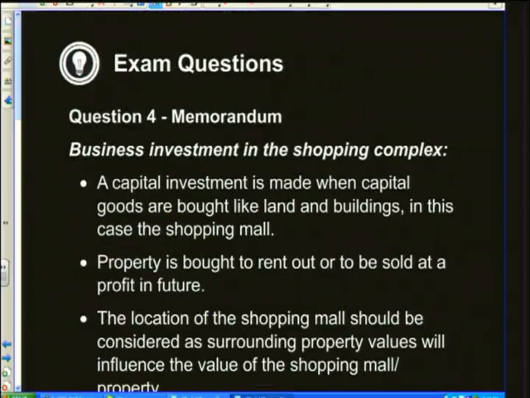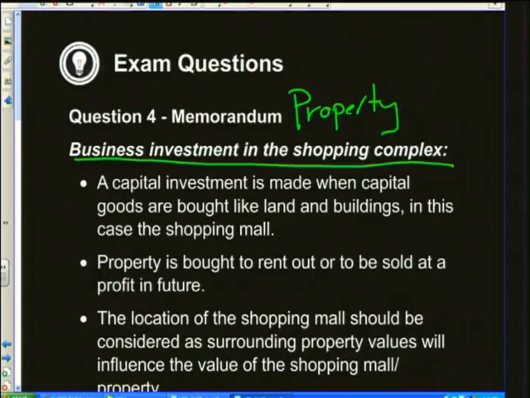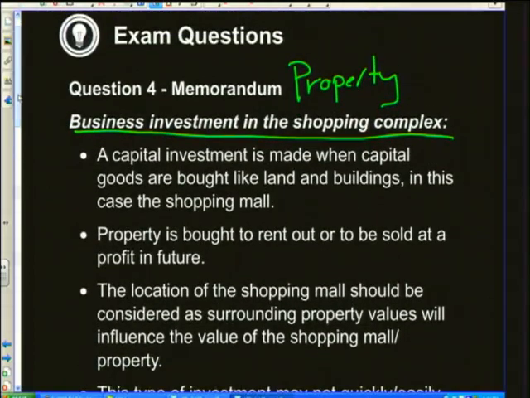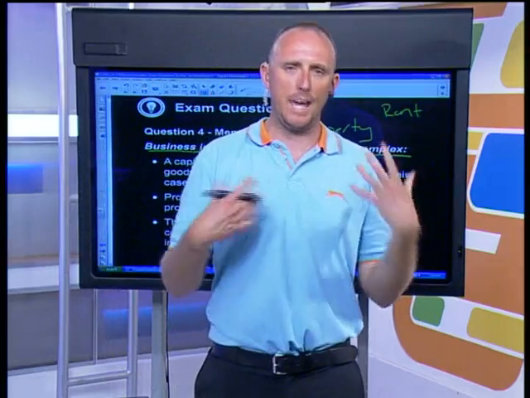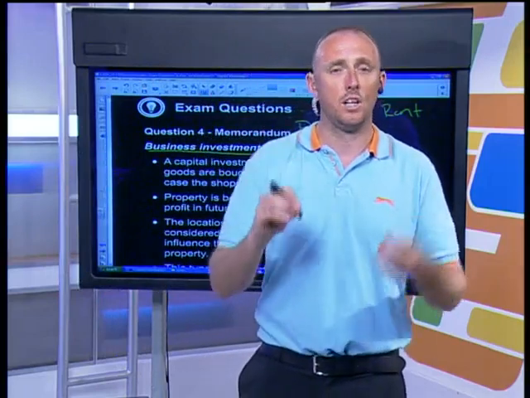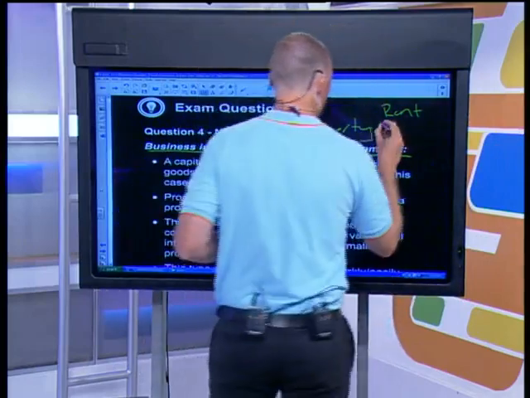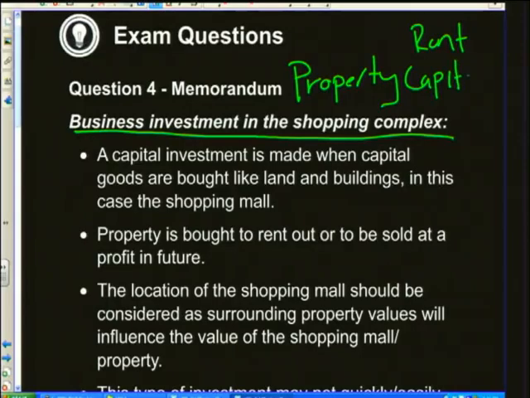Right. And now we're going to look at a business investment in a shopping complex. All right. So remember, this is property. In property, we can have two types of growth. We get rent, right? So that's where people will pay rent every month for their property, like what they're discussing here. And then we also have another type of growth, and that's called capital growth, all right? That'll be relevant to shares and to property. I'll explain a little bit better later for you guys. Okay, so just bear that in mind there.